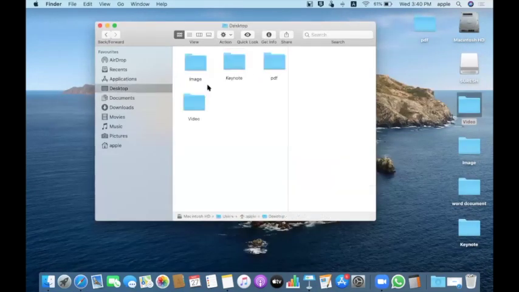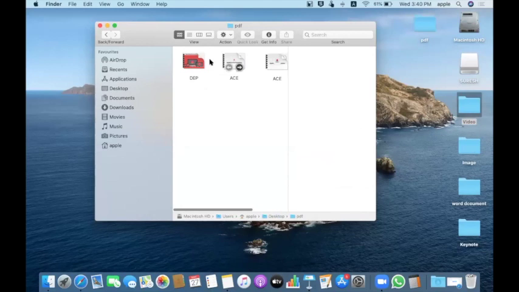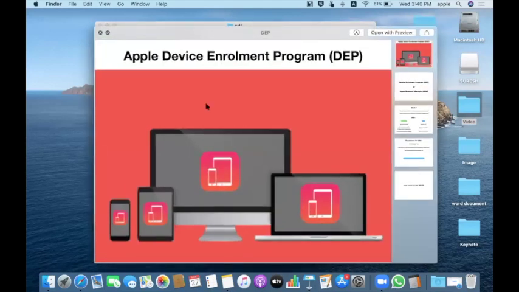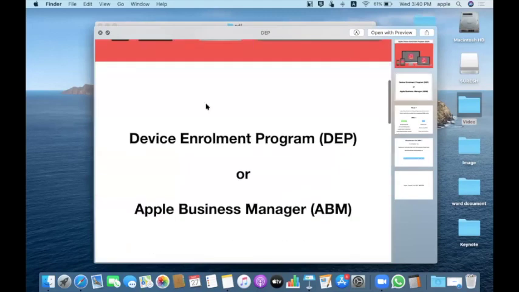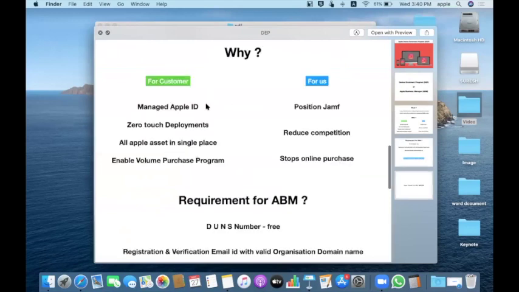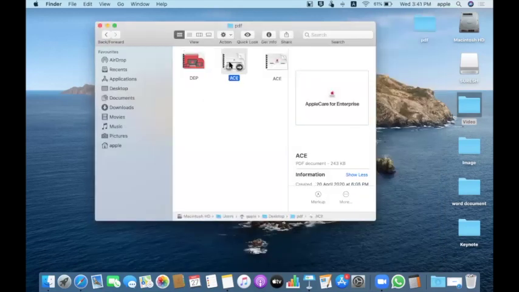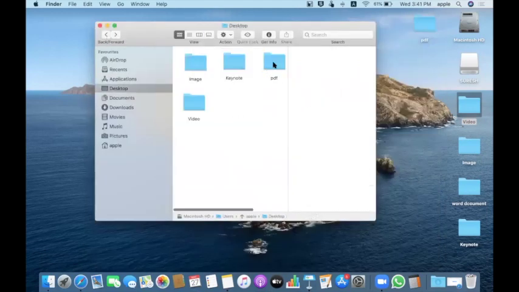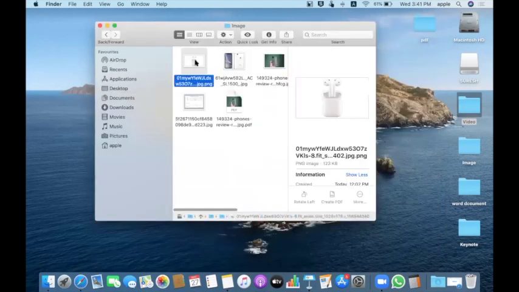And when it comes to PDF, just click on the file, just hit your space bar. Then you can have a preview of it without opening that PDF file. It even works with your images.